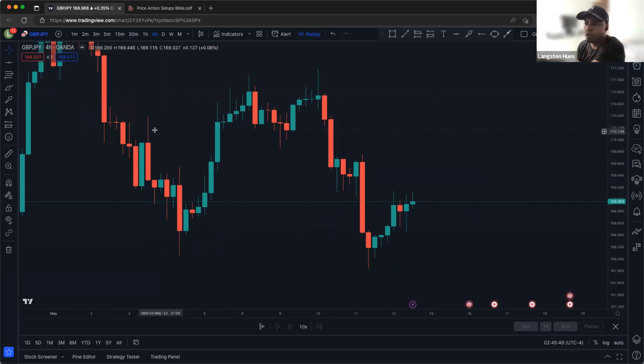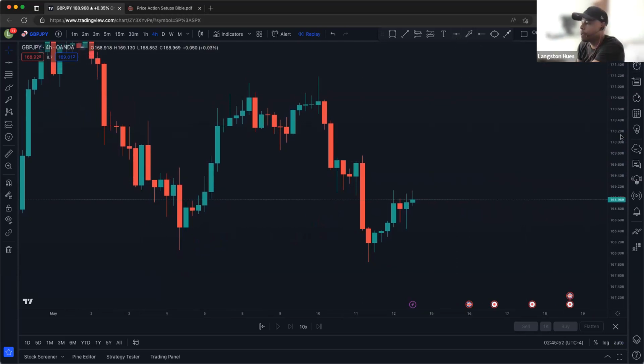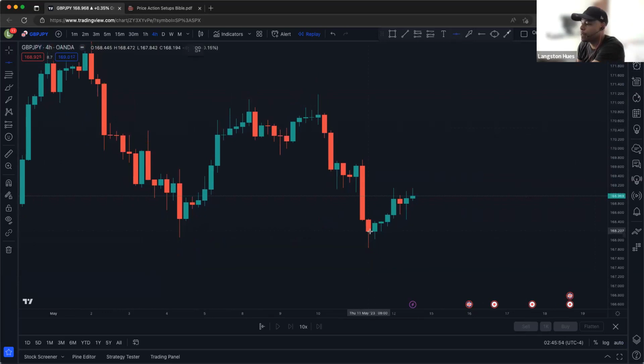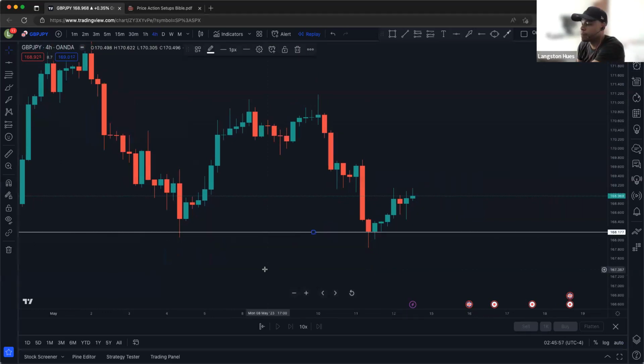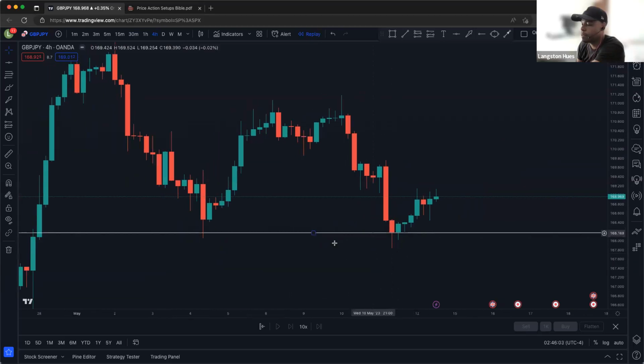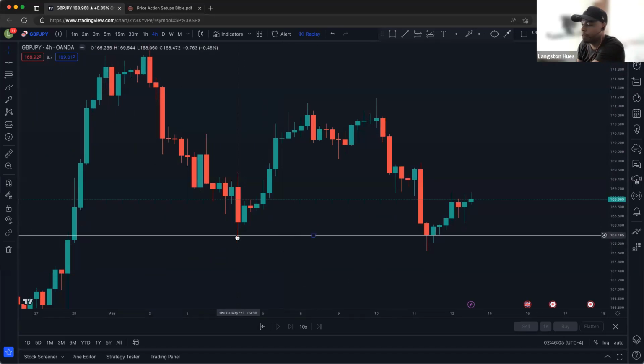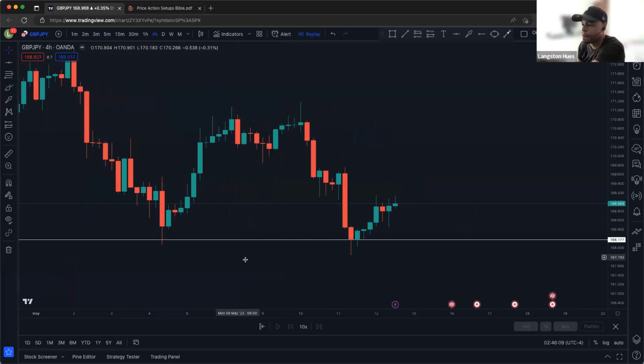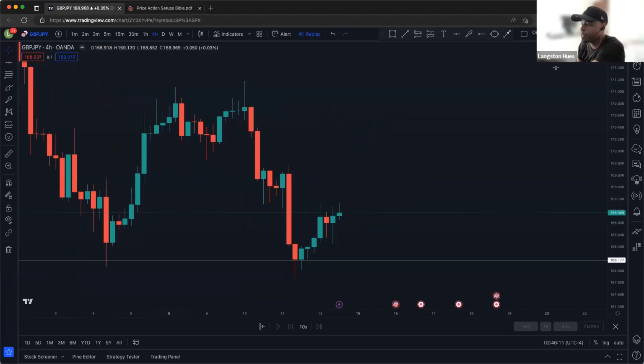Or our first support. Okay, I'll just draw it out for everybody. Our first support is right here. If we look, these wicks, body closure, they both respected this level. And then looking to the left, this was also a key level here because price respected this level as well, right? Where's our nearest resistance?